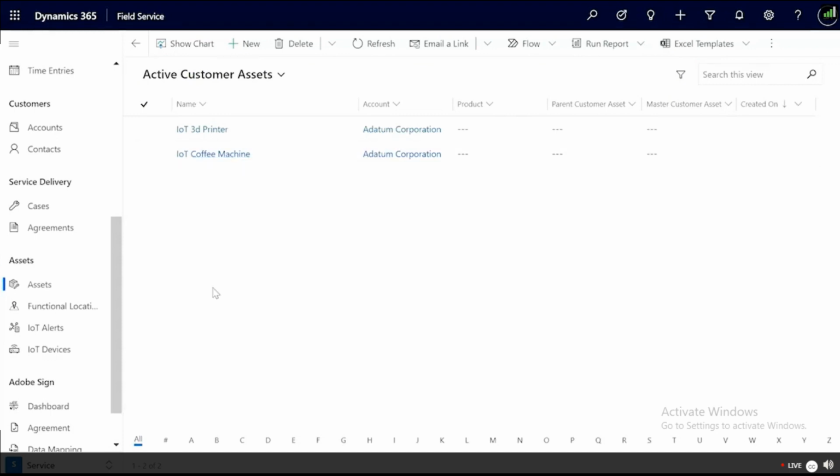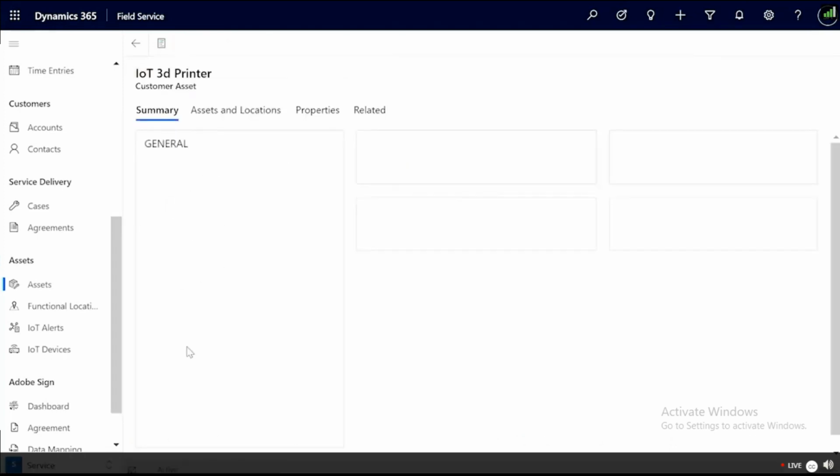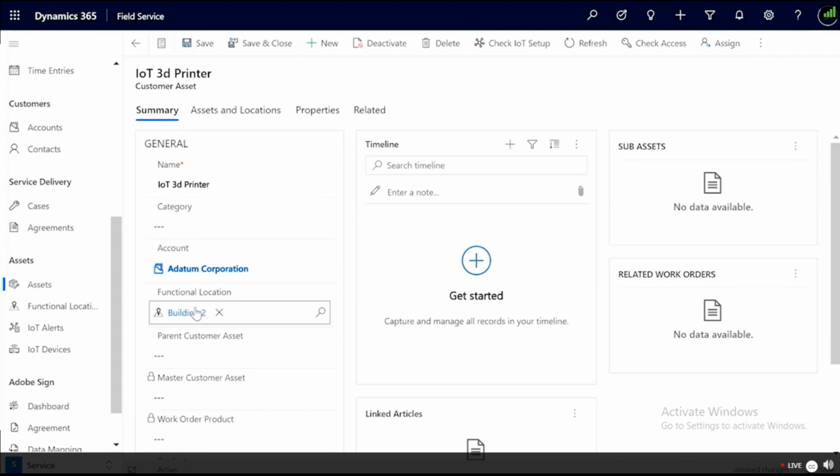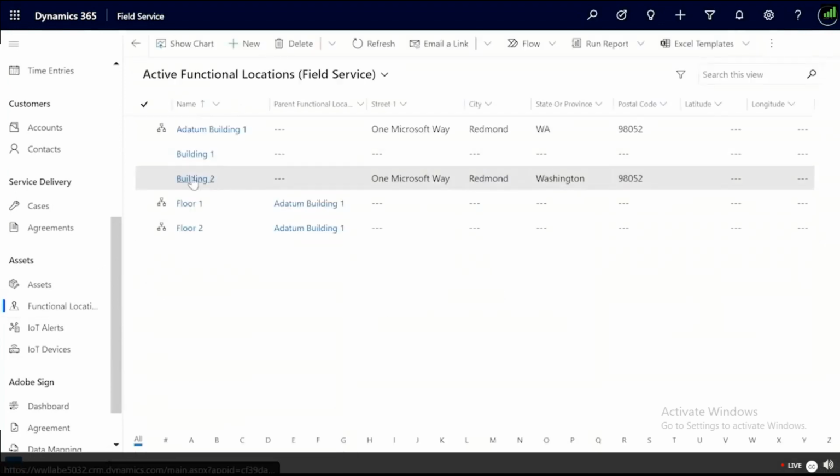All right. Now, what I can do is if I come back to my customer asset here and I select on this 3D printer, I can now have a functional location. So you can see here I want to actually add it to building 2. And so now that lets me know that this IoT 3D printer is located in building 2. Now if I wanted to, I'm going to select save real fast. I'm going to come up to my functional locations under assets. And if I look at building 2,